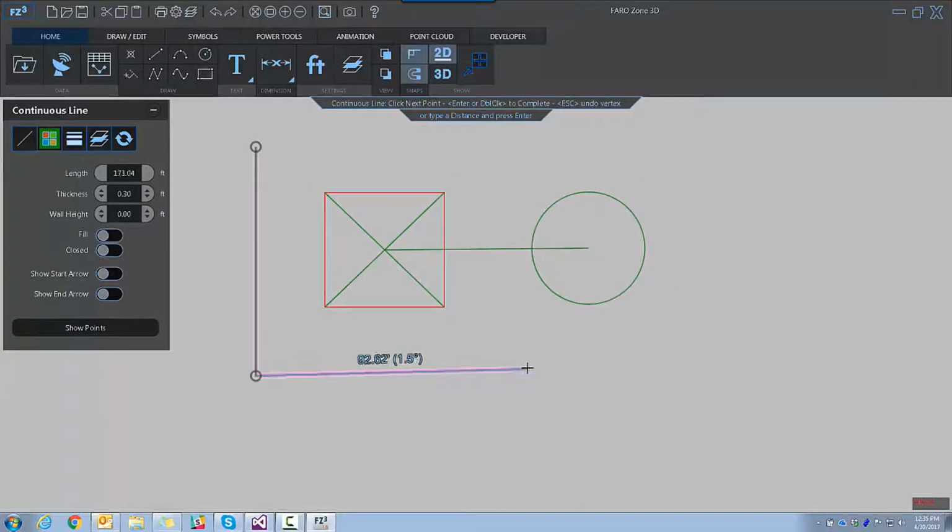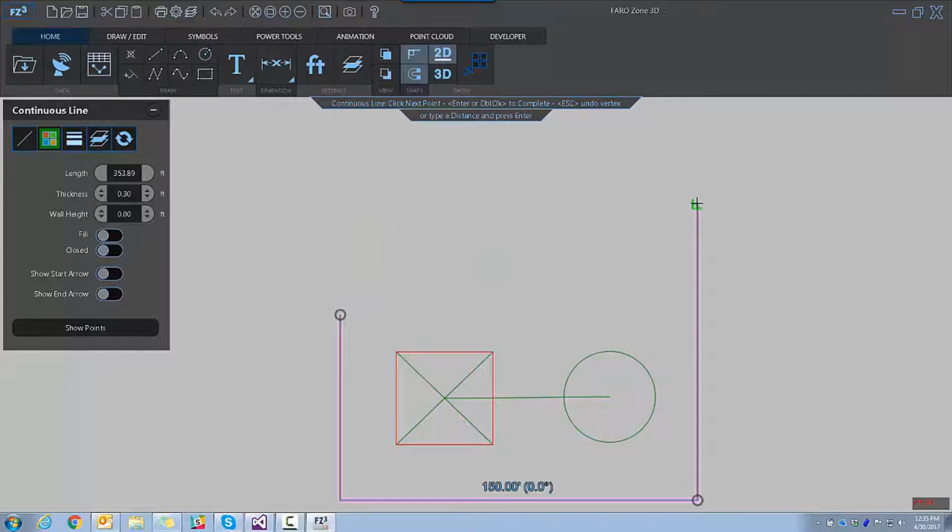You can also make direct distance entry. You can begin drawing a segment and then type in the precise values that you need, in this case 150 feet. As we move along and finish up, if we want these last corners to snap and be perpendicular to